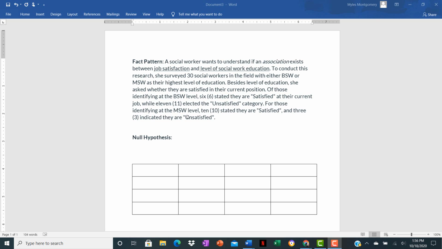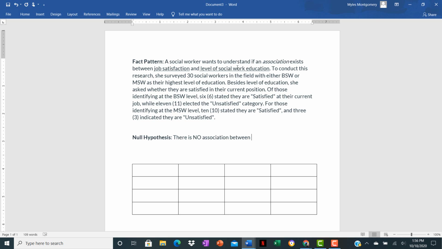So the first thing to remember is that anytime you're given a new fact pattern, you have the opportunity to recognize a new null hypothesis. In this particular case, we're looking at 2 variables, job satisfaction and level of social work education. If we were constructing this as a null hypothesis, the key words you're always going to start with are "there is no." A null is always going to say no. You could say relationship or you could say association. In this case, I'm going to say association